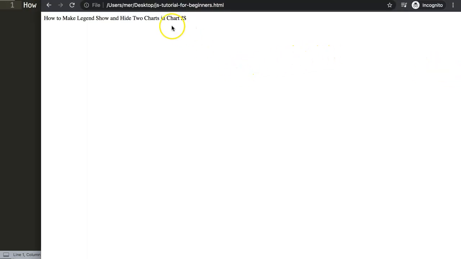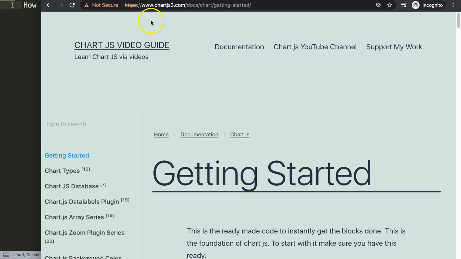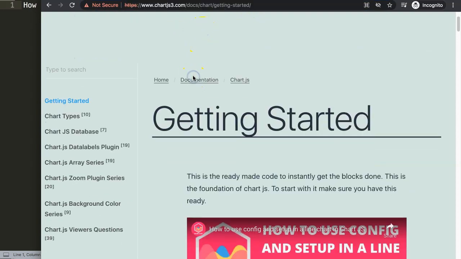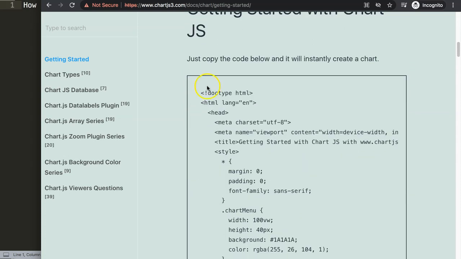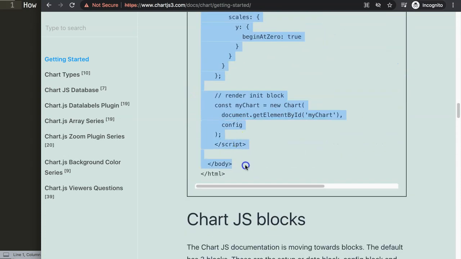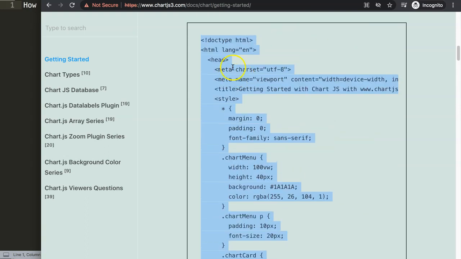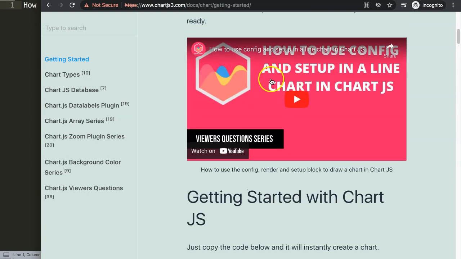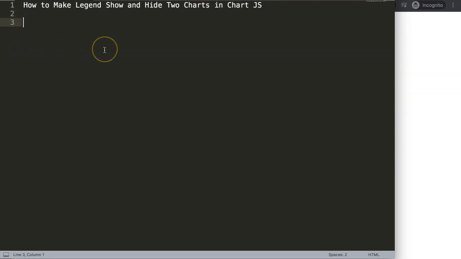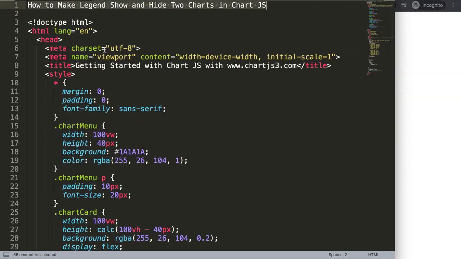The first thing we need to do is get our default code, which you can find at chartjs3.com, getting started, this specific link here. This link is also in the description box. Once you're on the site, scroll down and copy this entire chunk of code. If you want to understand what this code does, make sure you watch this specific video here that explains it all. So what I will do is paste this all in there, cut out this title,